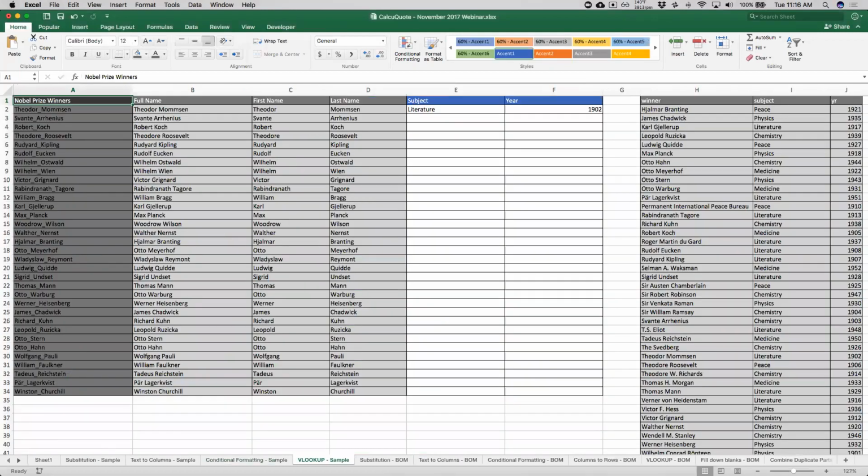Okay, next thing we're talking about here is the Vlookup. This is something that eludes a lot of people, but a lot of people are also very familiar with it. So what a Vlookup is, if you've not heard of it before, is a way to look up information that is in your current data set from a separate data set. So for example, in this case, if I wanted to, I could look up the full name of the Nobel laureate and say, I want to know what subject did they get it in and which year did they get